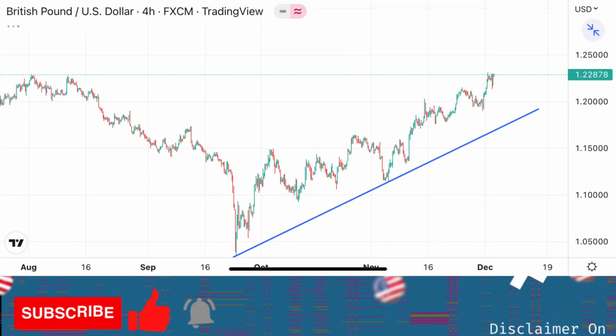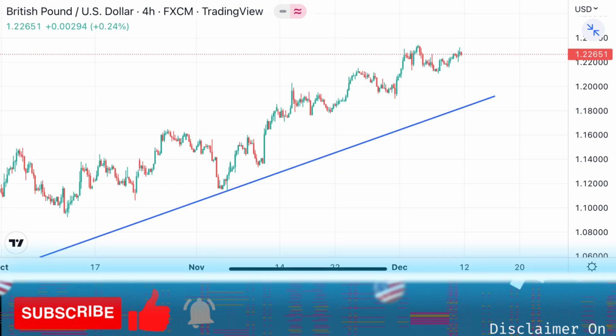For Pound USD. Last week I said Pound will continue bullish, same as Euro USD, after a small correction and look for a buy setup, but instead it just gave us small movements. If you still hold a buy, manage your trade, and move the stop loss to protect your profit. And here's the chart update.